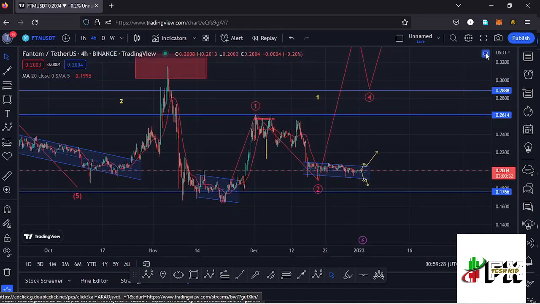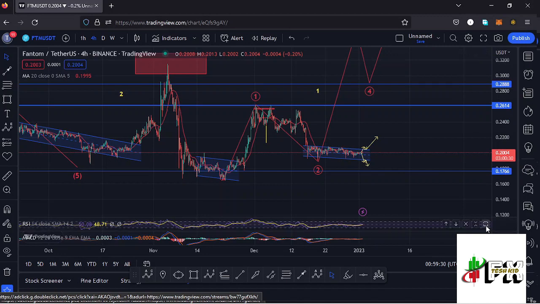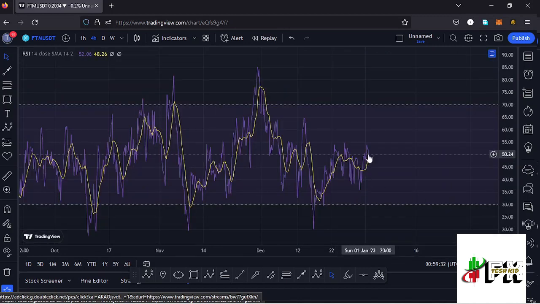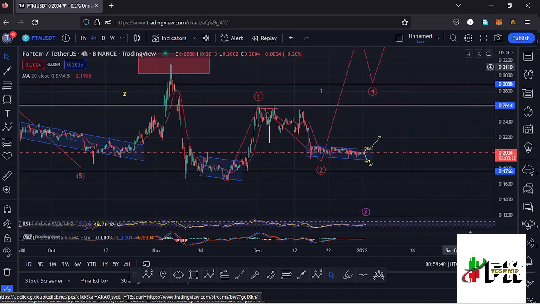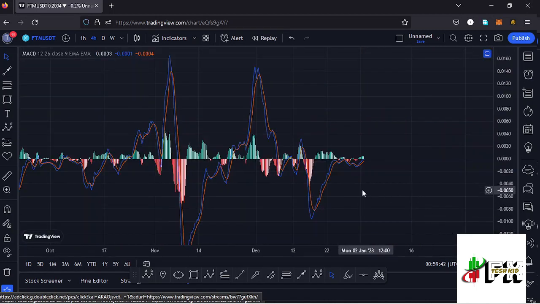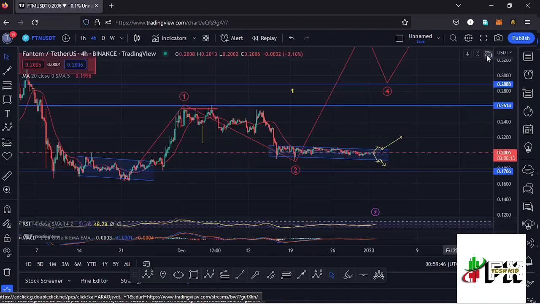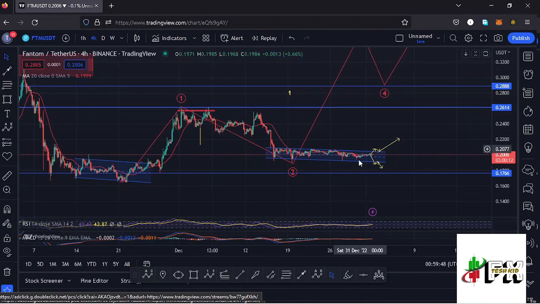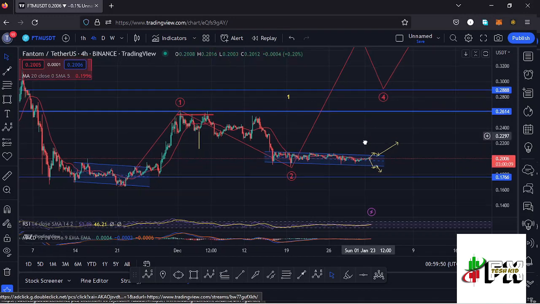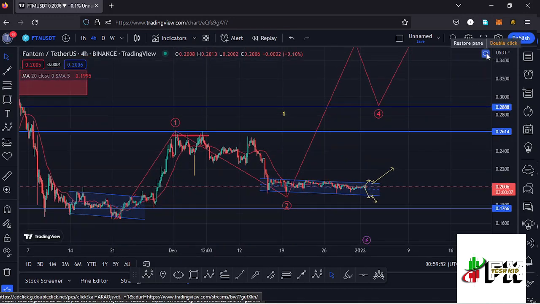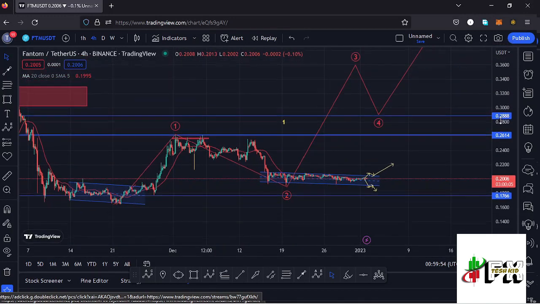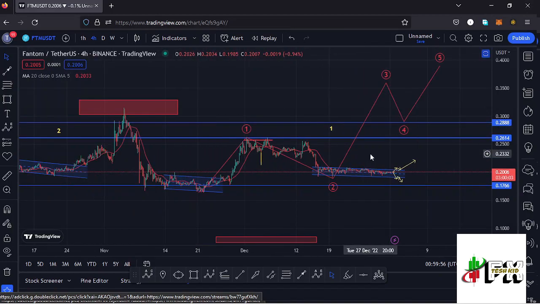Also taking a look at the indicators here on the 4-hour chart. Here on the 4-hour RSI, we are trading at around the 50 mark, meaning we have massive room for us to support any movement to the upside and also to the lower side. Also taking a look at the MACD, here on the MACD we have printed a bullish cross, and that would mean higher prices are coming our way. So there are still chances of seeing a reversal to the upside, regain our impulsive nature in the formation of that higher Elliott wave count 3 and continue pushing even higher. So let's be patient and see how that plays out, and I'll keep you updated.